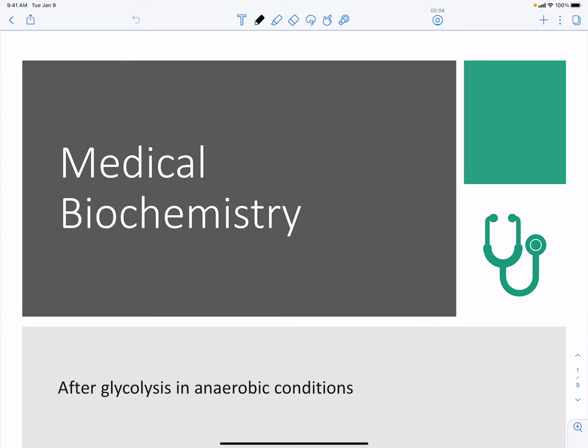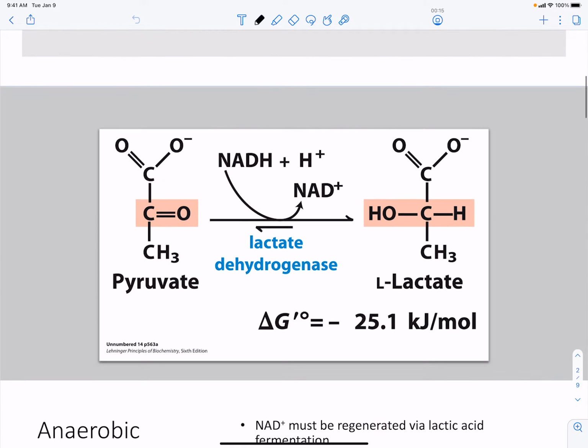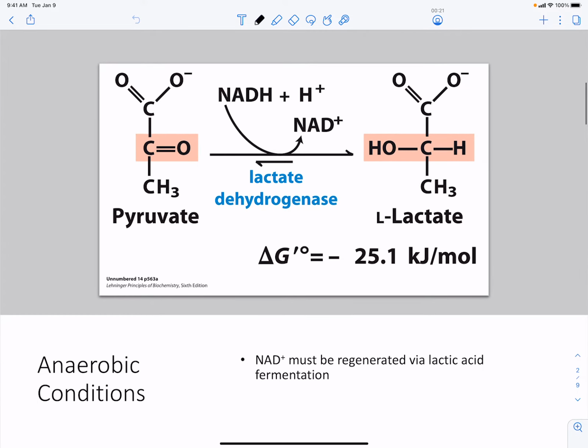So here we're going to talk about what happens when you have anaerobic conditions following glycolysis, which basically means there's no oxygen present, or you're in a red blood cell, for example, and you can only do anaerobic glycolysis. Anaerobic conditions means you don't have oxygen, so you're going to have to do something with your NADH. So your NADH cannot go to the mitochondria, and so you're going to have to transfer those electrons to pyruvate to form lactate. In this case, pyruvate becomes the final electron acceptor in essence, and it forms lactate,